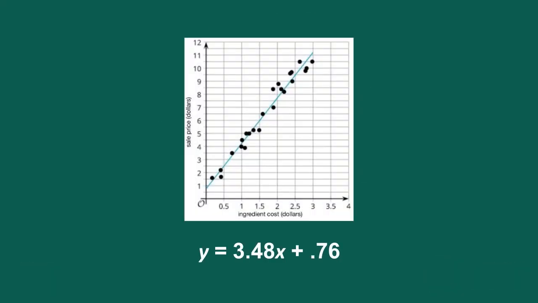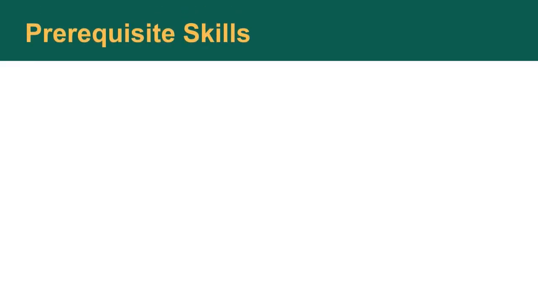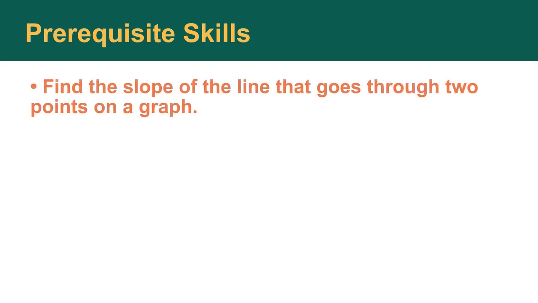In the previous unit, students learned how to graph two-dimensional data and create models of the data to make predictions. In this unit, students will learn about functions, which are used to model relationships. Prior to engaging in Unit 4, students will need to be able to find the slope of the line that